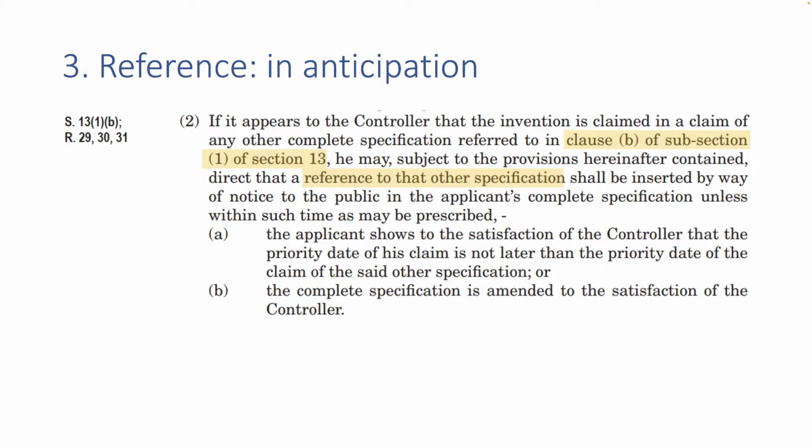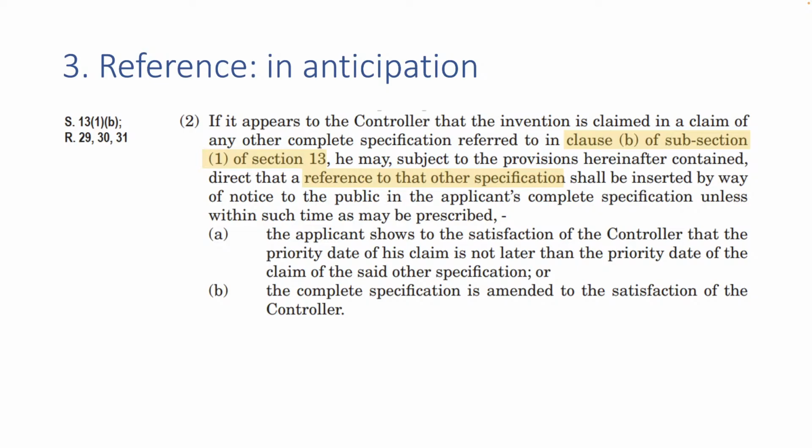Potential infringement is a clear-cut case where an infringement is happening, or where, if the patent is granted on the application, it would infringe an earlier application. Here, in the controller's viewpoint, there is anticipation. So rather than refusing the application, which he has the power to do under section 13, as we just saw,